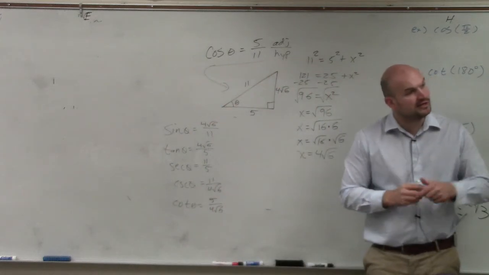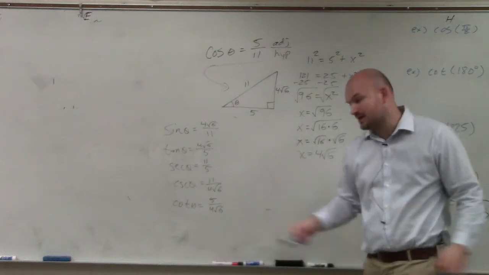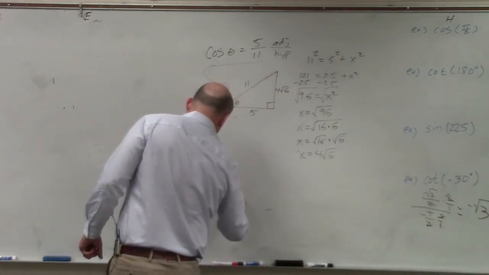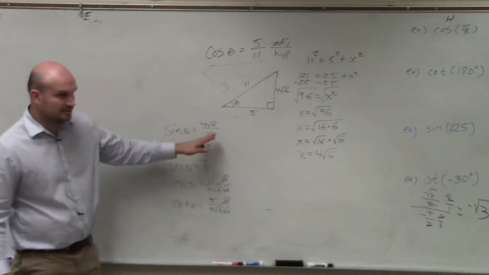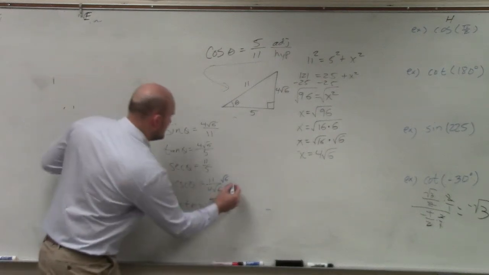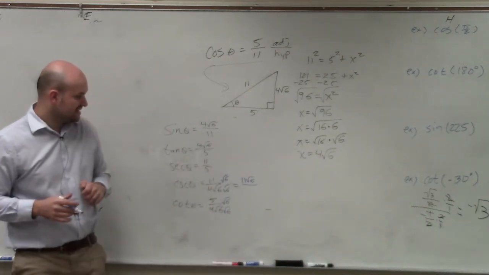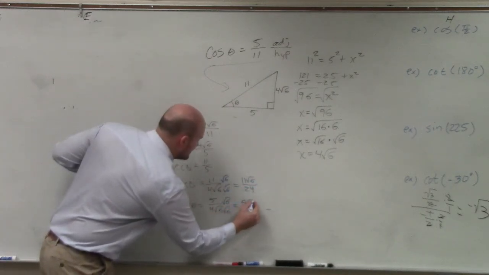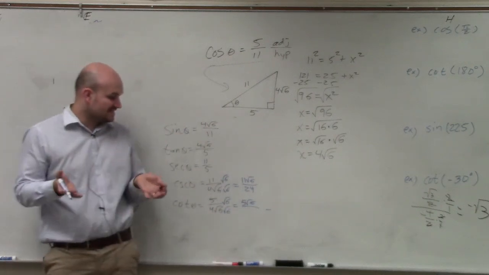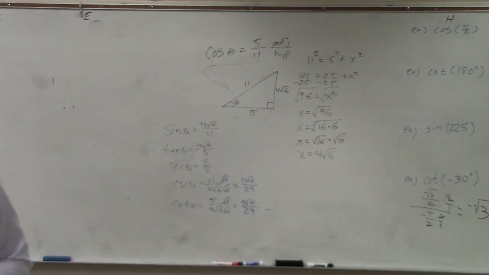But remember, what we're going to be practicing a lot, and you'll get a lot of practice in this today, is we always want to write our answer without the radical in the denominator. So we're going to multiply by our radical. These are the only problems where the radical is in the denominator. So that's why I only have to rationalize these two. So here my final answer is 11 square root of 6. Square root of 6 times square root of 6 is 6. 6 times 4 is going to be 24. Over here, I have 5 radical 6. Square root of 6 times square root of 6 is 6. 6 times 4 is 24. And that's what you were expected to do for your homework. So for the remaining portions of the problems,